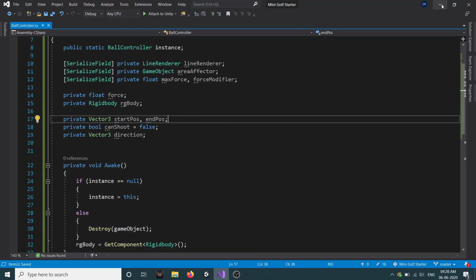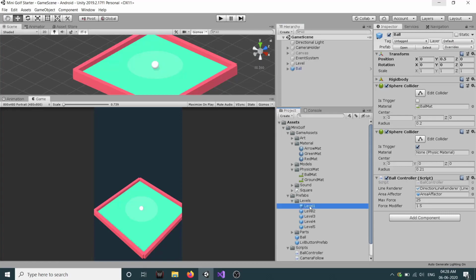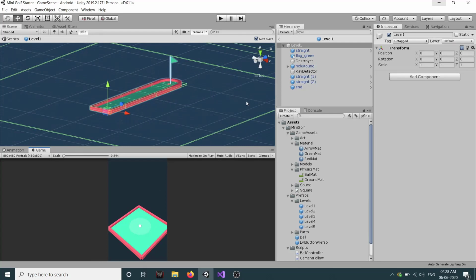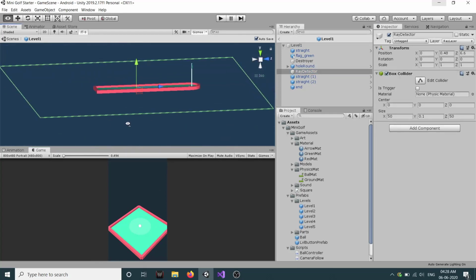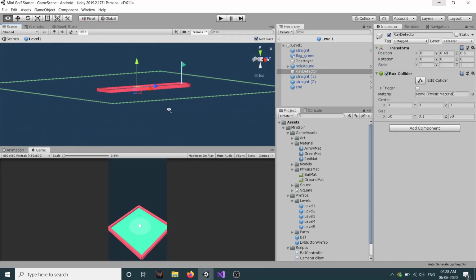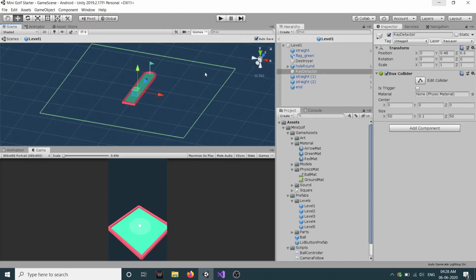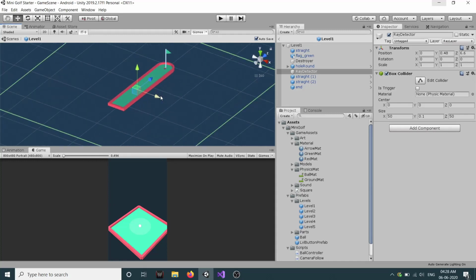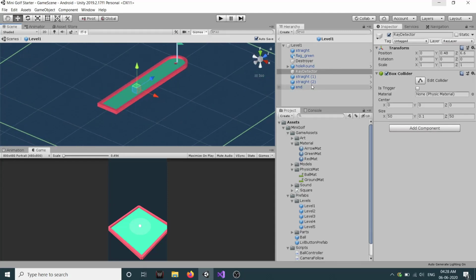So if I save and go back to our editor, there is one more thing in our level. If I go to our prefab level and click on open prefab, you can see there is one ray detector. Now we need this ray detector. It is basically a box collider, and you can see it is bigger than our level. It is used to detect the point which we have clicked on this level. So this also we need.